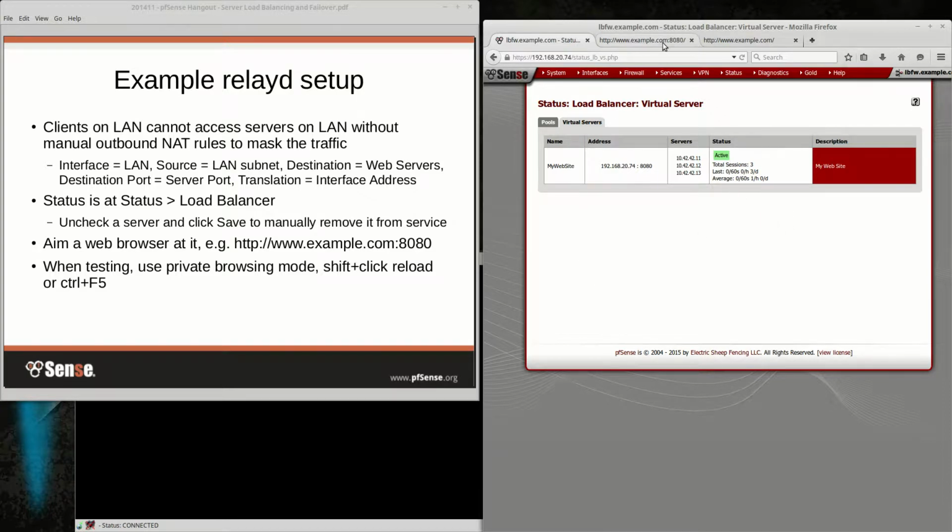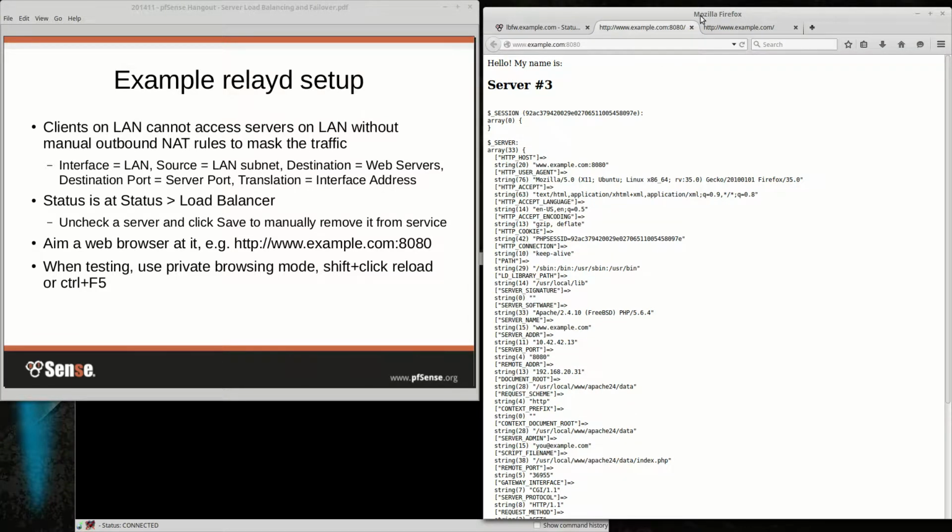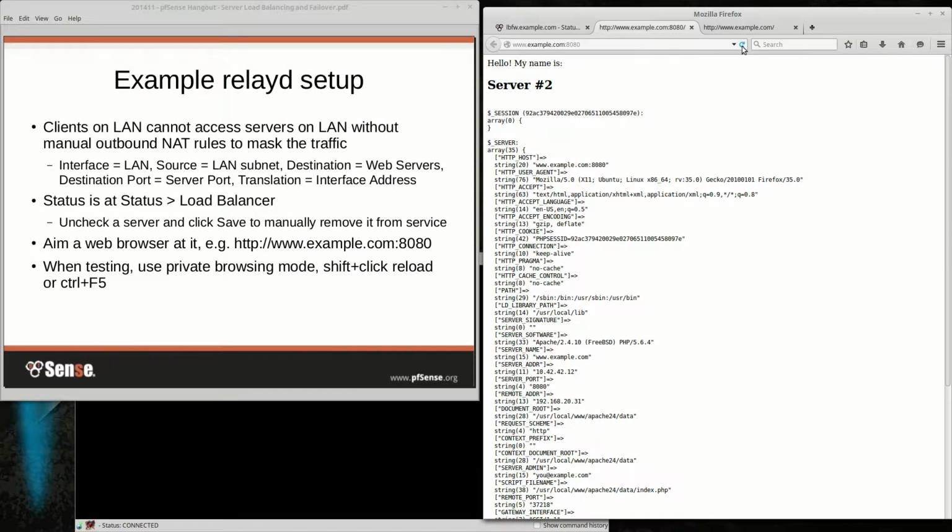Now, if you want to test this, we recommend using private browsing mode, just so it doesn't keep cookies or anything else. I loaded this up, and it says, hello, my name is server number 3. It shows me my session ID. If I hold shift and reload, I get server 2, 3, 1, 2, 3, 1, 2, 3.